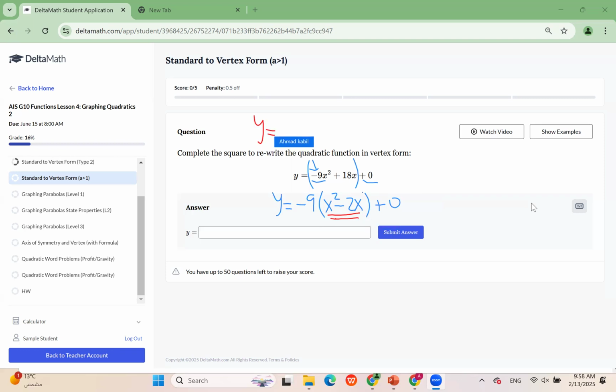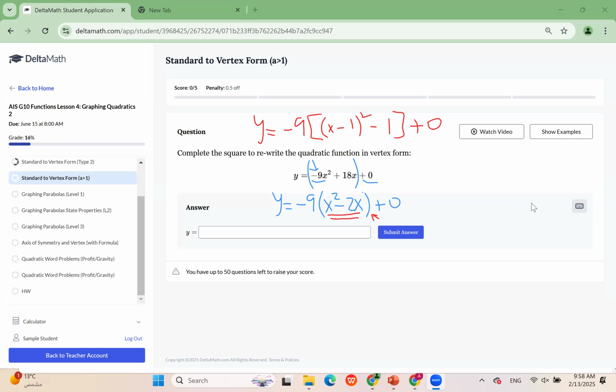We're going to write y equals negative 9. We're going to put square brackets like this. We're going to put the plus 0 outside. And inside the square brackets, we're just going to complete the square for the bracket right there. We just have x minus 1 all power 2 minus 1